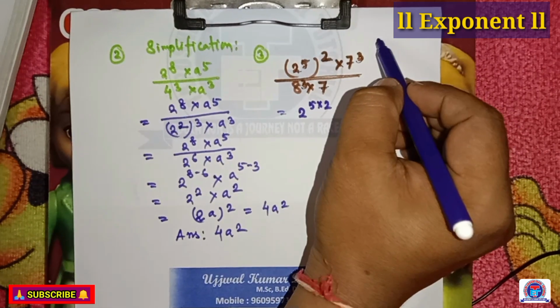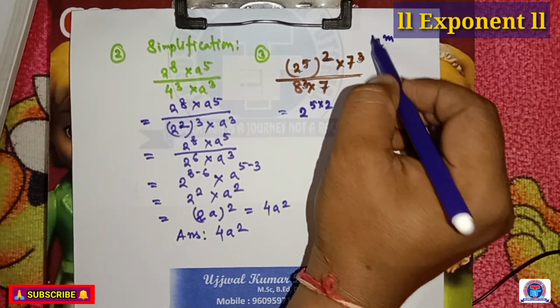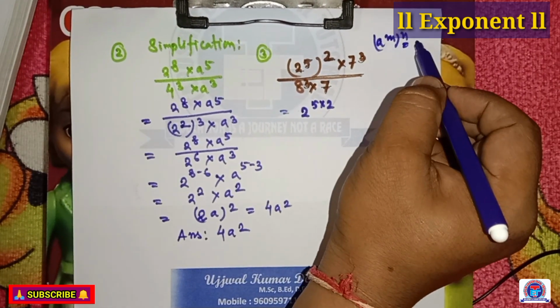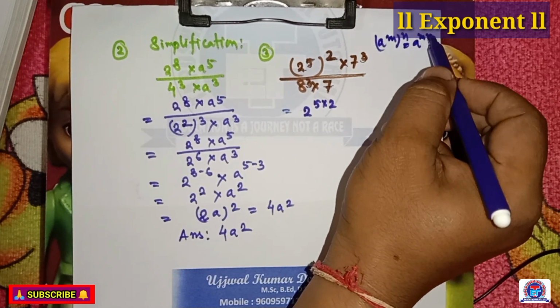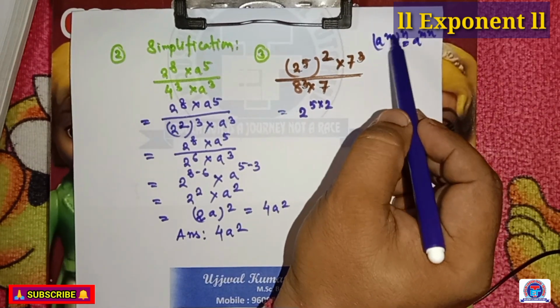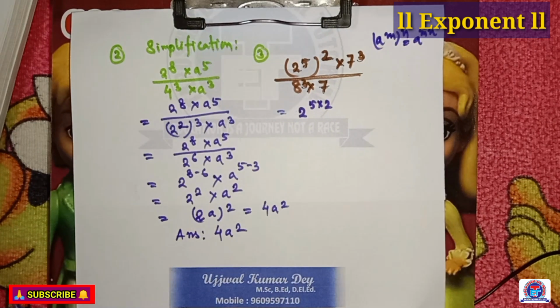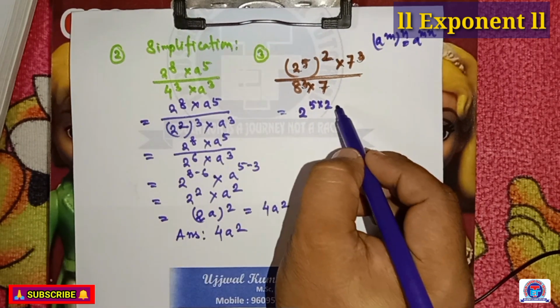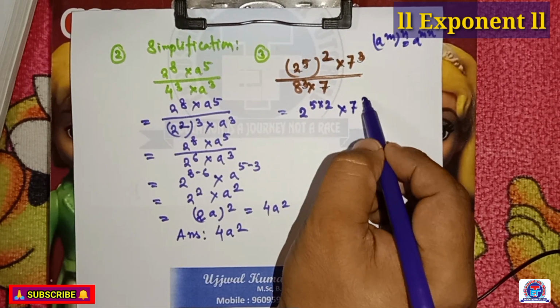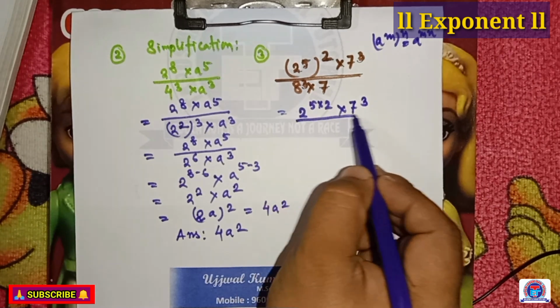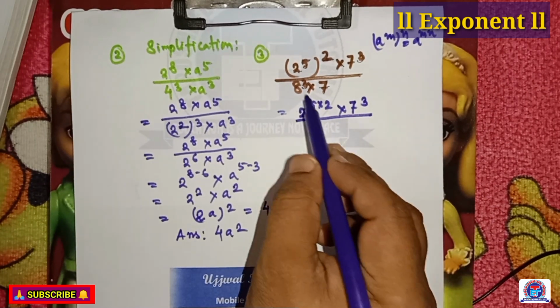So that means 8 to the power m whole to the power n, its formula is 8 to the power mn, correct? That means this 2 power will be multiplied, into 7 power 3 divided by 8,